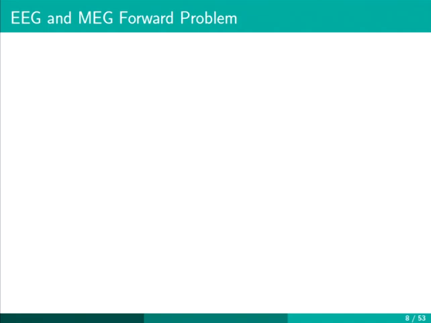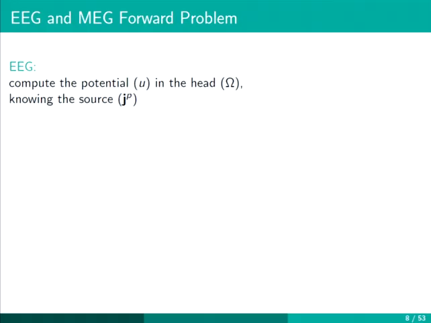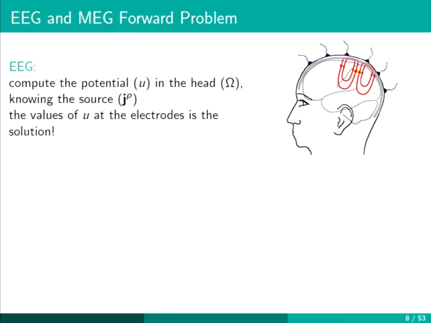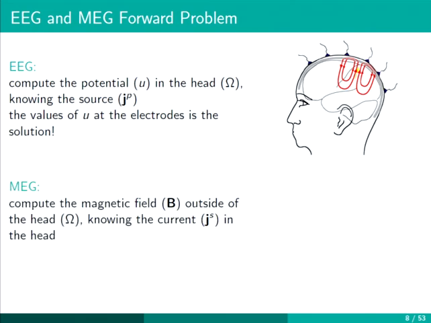Okay, this was showing equations. If we want a simplified version of what I said, we can summarize by saying that in the EEG case, we have to compute the potential in the head omega, knowing the source JP. And the values of the potential at the electrodes is the solution. This is a representation where we have a dipole, and then the current, and then the electrodes, which can detect the current, as Sophie already explained. In the MEG case, we have to compute the magnetic field B, this time outside of the